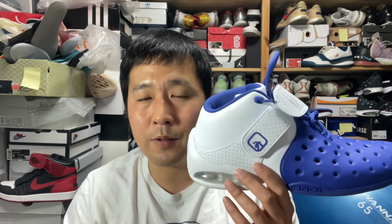I did a review of the retro version of the And1 Chosen. Is it Chosen 1 or Chosen? I'm not really sure. But this is the shoe that was sort of a player exclusive for Ben Wallace in the 2004 Finals. I remember when I was in the mandatory military service, and kind of